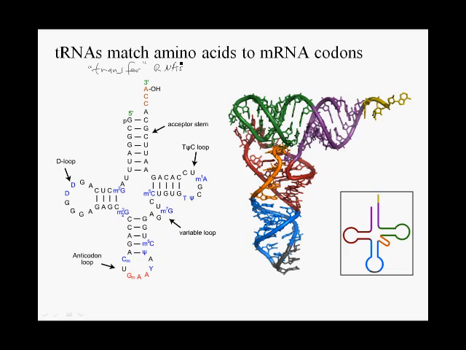Because they bring amino acids to the ribosome, and deliver amino acids to the growing polypeptide chain as specified by the messenger RNA that the ribosome is translating. So the tRNA molecule is typically drawn in this clover leaf shape shown here on the left. It's a single RNA molecule that has internal base pairing.